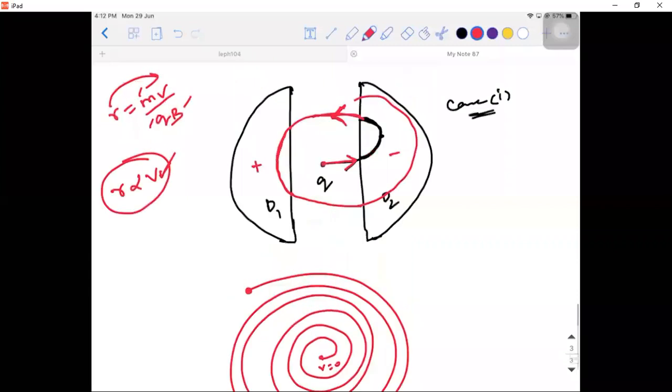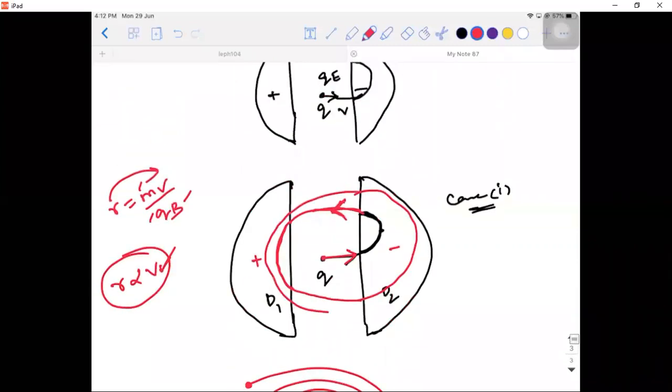Are you able to understand? So these revolutions will get completed, and when it has reached one of the ends of the Ds, the particle is projected out so that it will go and hit the target. These kinds of experiments are mainly used for nuclear reactions, because there you need fast moving particles to create the collisions and bombard the systems for them to undergo some reactions. Are you guys able to visualize what I'm trying to say? Yes, sir.